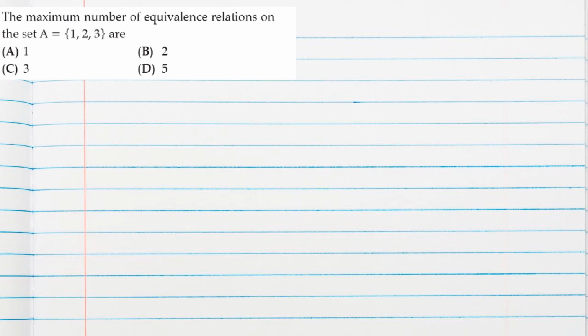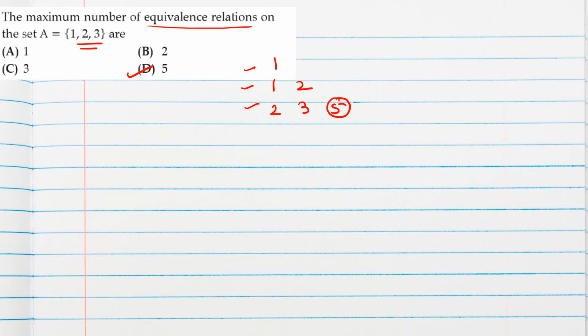Question is the maximum number of equivalence relations on the set A. Now in the very beginning of this video I explained to you Bell's triangle. According to that, we can find the number of equivalence relations if we complete the Bell's triangle here. Okay, this will be like this. So we need only three elements, so I wrote three rows only, and the last element of the third row will be my answer, that is 5. So my answer is 5.